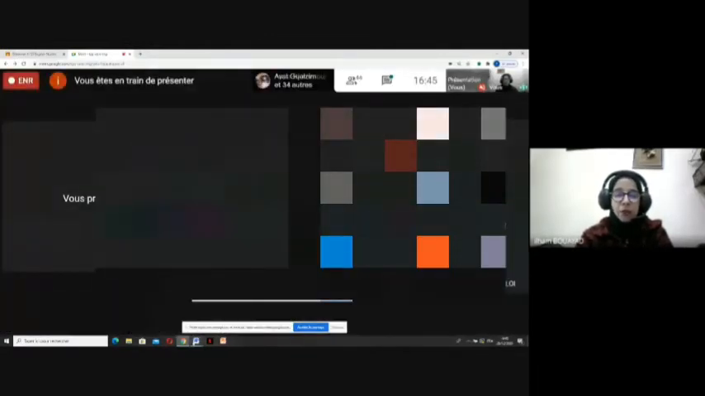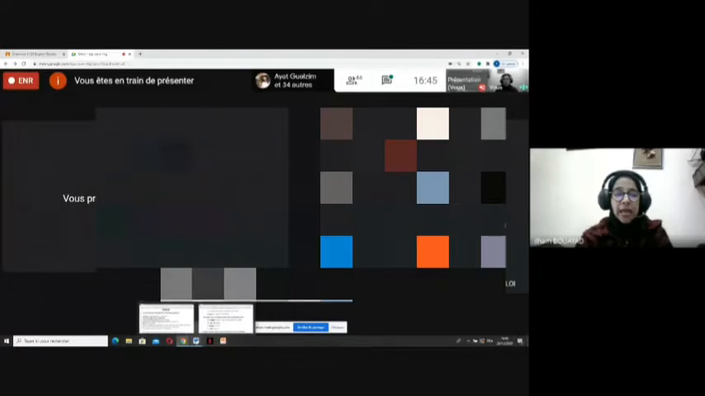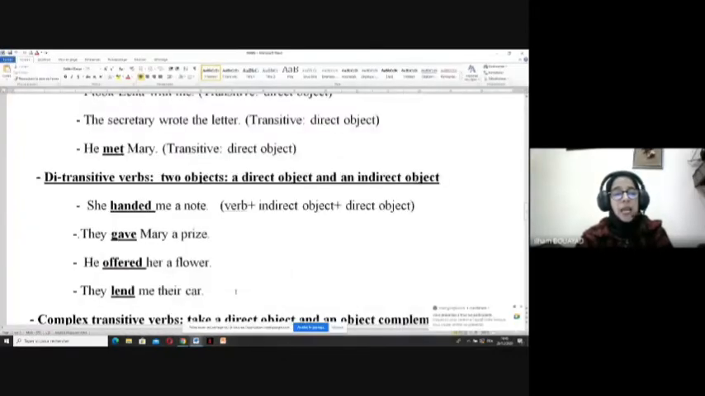Here the verb offer is ditransitive. Okay, it is ditransitive. Why? Because it takes two objects, one that is indirect and the other that is direct. Look at the structure. We have a verb plus indirect object plus direct object. Whenever you have this structure,